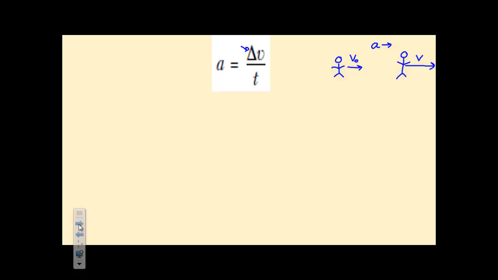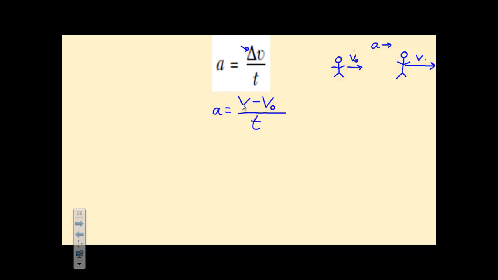So acceleration means change in velocity over time. Well, change in anything is defined as final minus initial. So let's write that as the final speed minus the initial speed, all divided